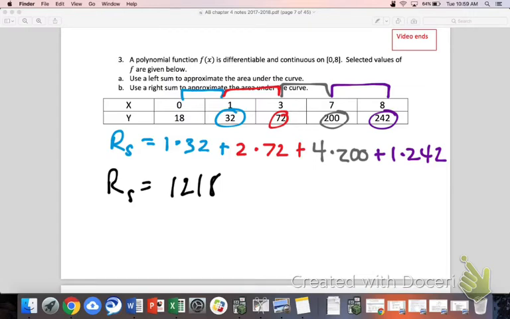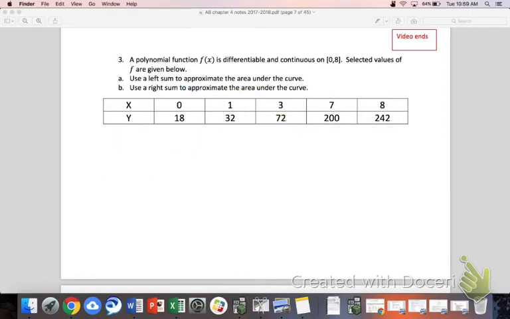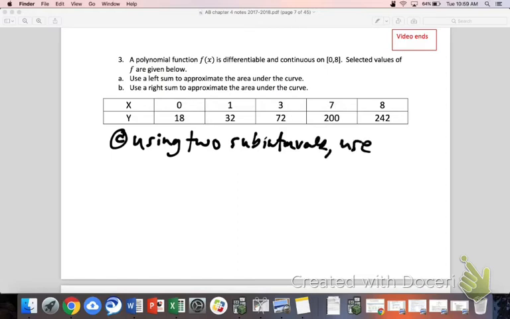Okay, that's excellent. So I do want to address Catherine's question here real quick. And her question was, what would we do if you were asked to do a midpoint sum with this? I don't think that this question, as it currently stands, is set up very well for a midpoint sum. Say, for instance, I had that in here. Let's say I had part C. I'd have to say something like using 2 subintervals, use a midpoint sum,